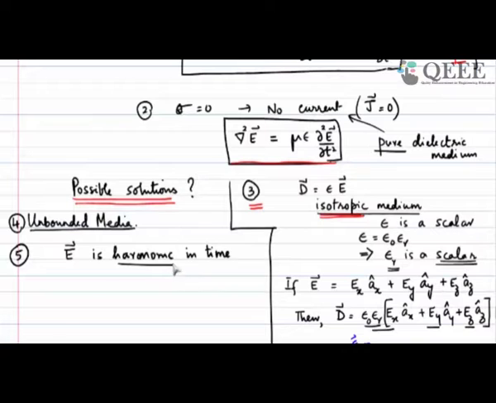What is the meaning of harmonic in time? As a function of time, you see this E field varies as a function of time and as a function of space. The only thing we are saying is that the excitation field, the source, whatever that source is, gives you a field that is oscillatory in nature. It has single angular frequency omega, like a simple pendulum. It is harmonic in time, it is repeating in time,